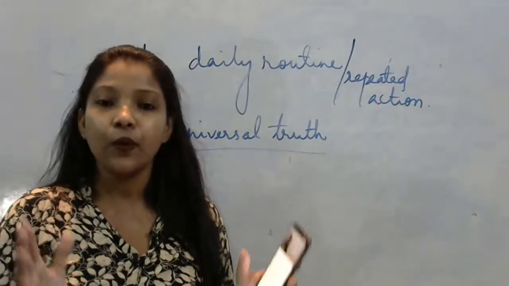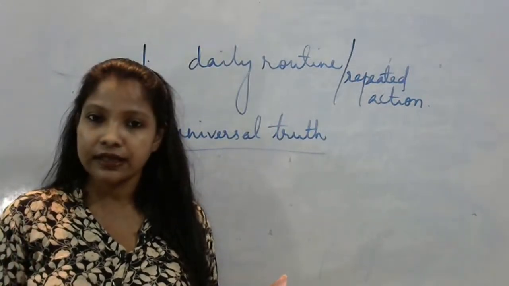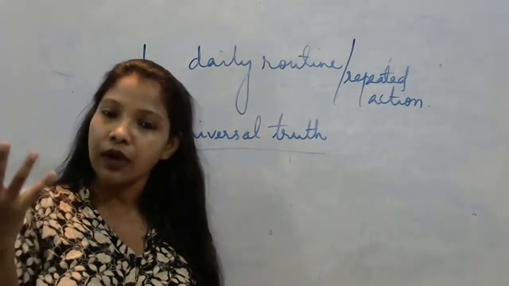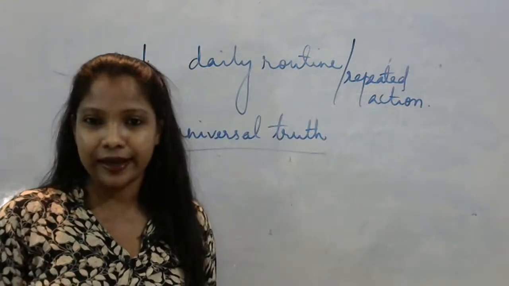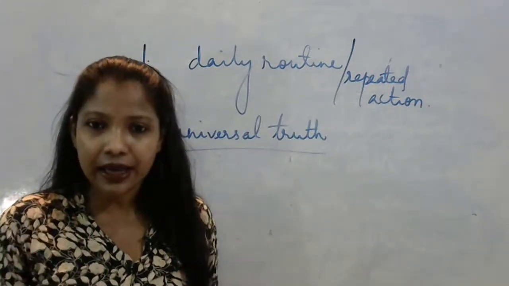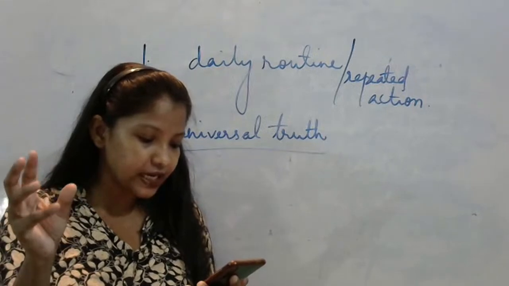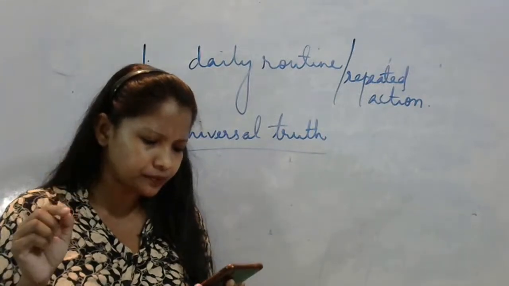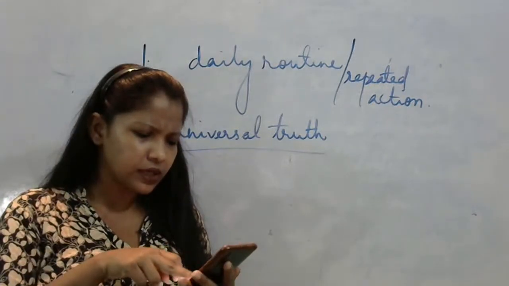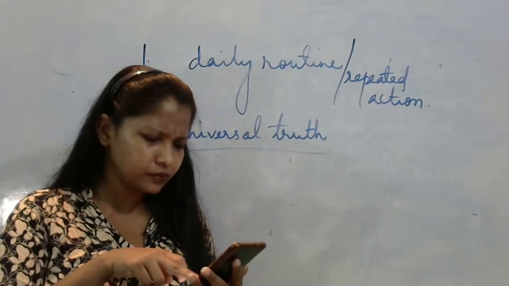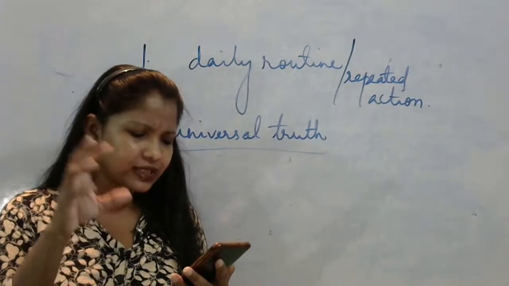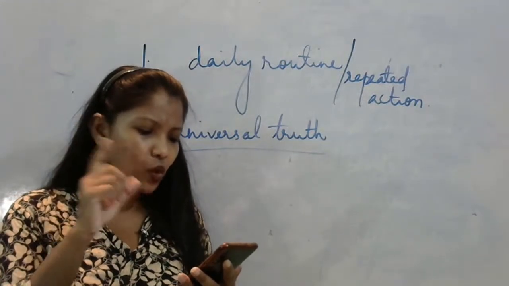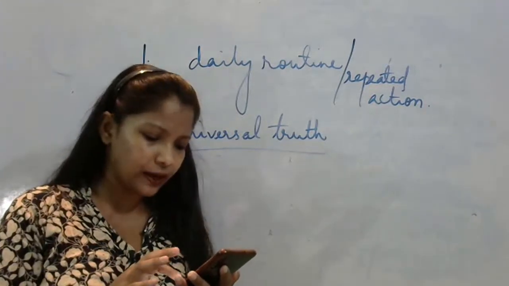For example, water boils at 100 degree Celsius. अब water को 100 degree Celsius पे ही boil होगा. ये भी एक truth है. Nobody can deny this truth. Those kind of sentences go under universal truth. Yes. Sun is a star. Instead of adding is, I want you to add verb. The soul is immortal. Amrita, good one.